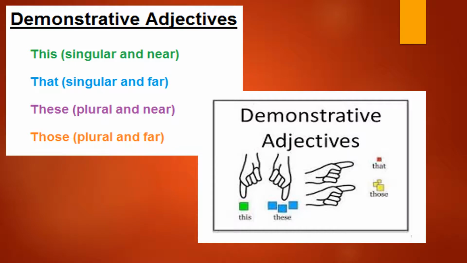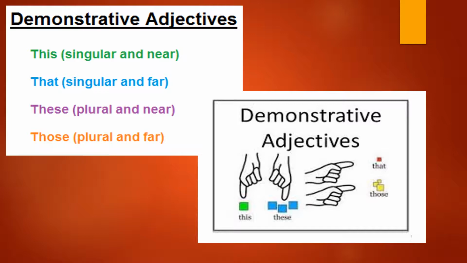Now, in this slide, we will learn about demonstrative adjectives. Now take some examples. This boy is strong, that boy is weak. These mangoes are sour, those mangoes are sweet. It will be noticed that the adjectives in these sentences are used to point out persons or things. Such adjectives which point out persons or things are called demonstrative adjectives.